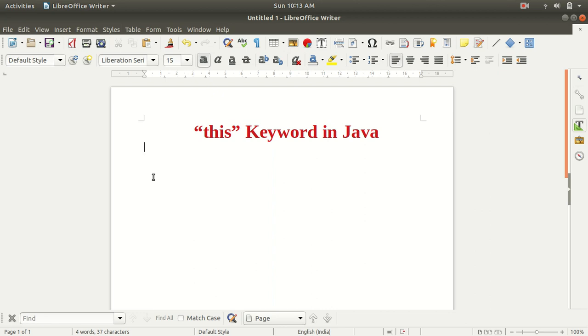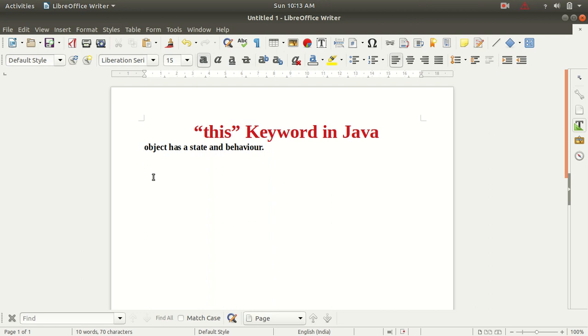So guys, inside the OOPS lecture, if you remember, I told you about the object. The object has a state and a behavior, right? Anything that is referring to that object is called a reference variable.